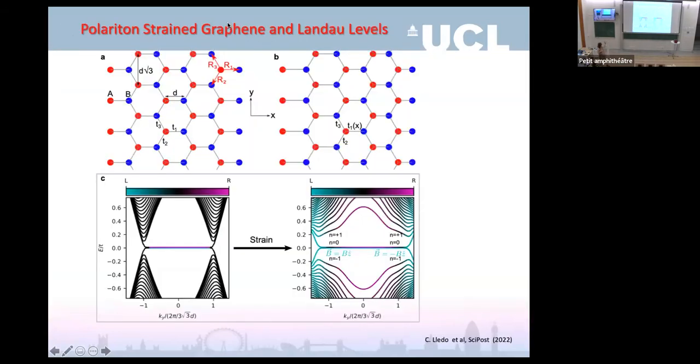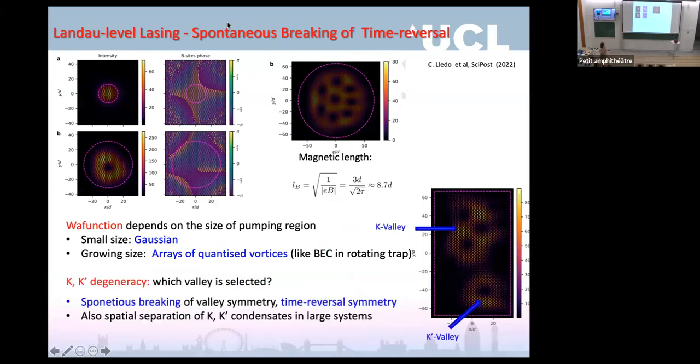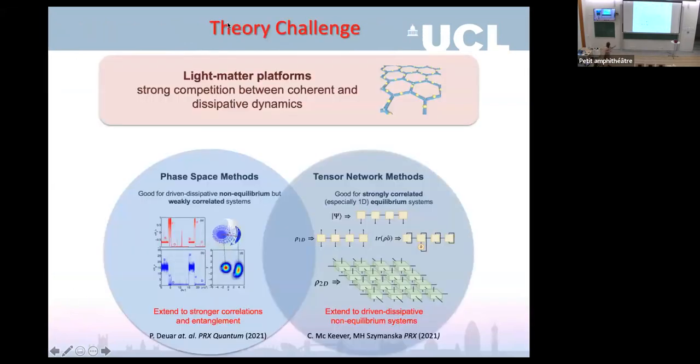It's creating polariton strained graphene, which has been done by Alberto and Jacqueline, and looking at some states which, without putting any external rotation, the condensation is happening into rotating states in the Landau levels, but I have no time to talk about that topic. So I should probably just finish by mentioning that in our group, we are also working quite a lot on